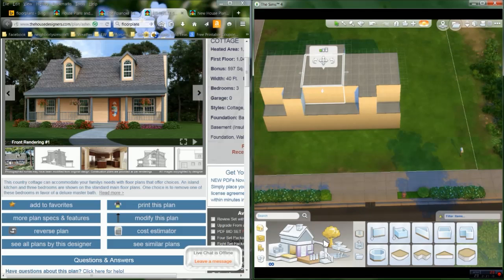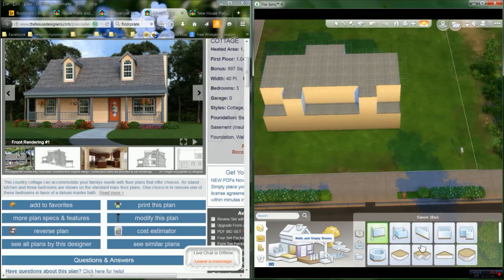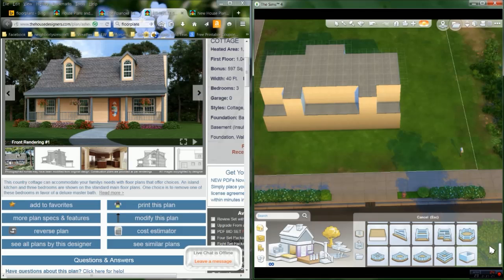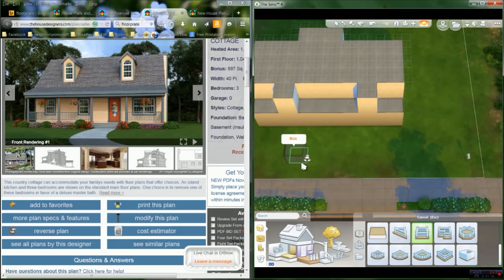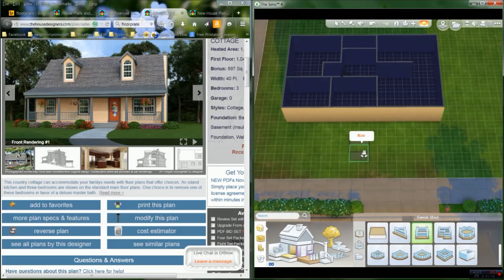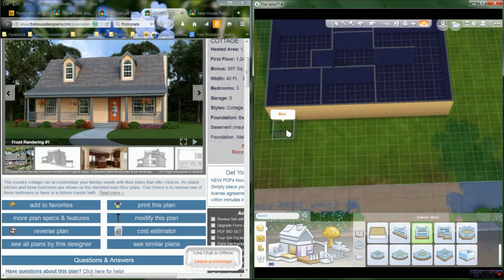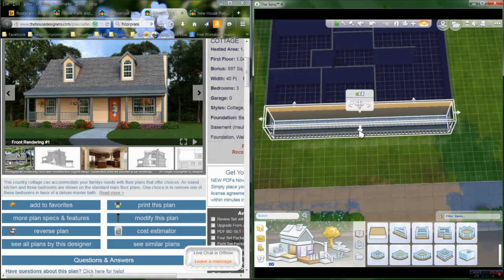Let's do that first. I'm going to look at those walls and empty rooms again. Whoops, I was already on there. And I'm going to scroll down until I see one with a porch on it. I don't want diagonal, I want a square deck right there. Now I can't see the grid down there until I go down to that level, and I'd like to look at the grid in this case. It is also a 2 by 2. So I want to make that the whole front width, and I think I would like to make it 3